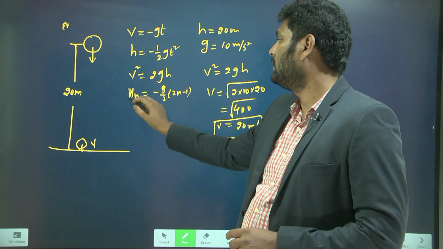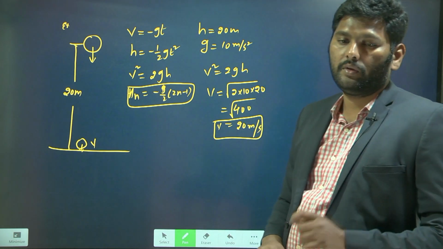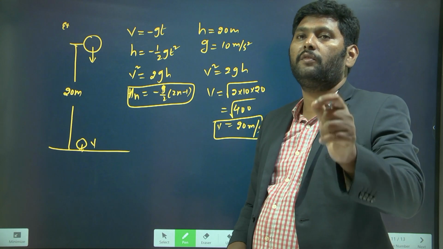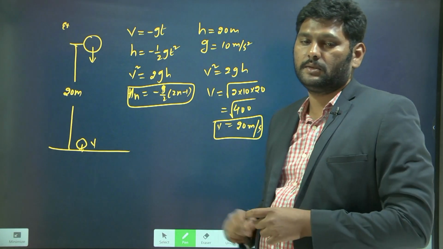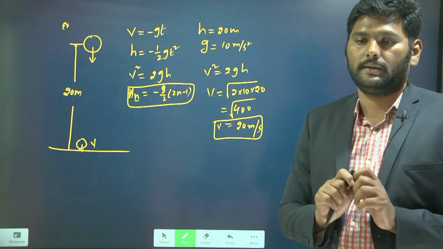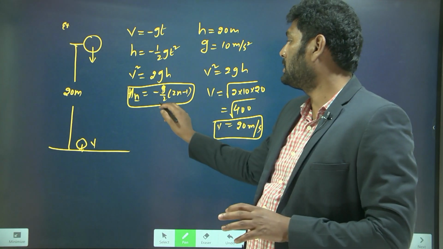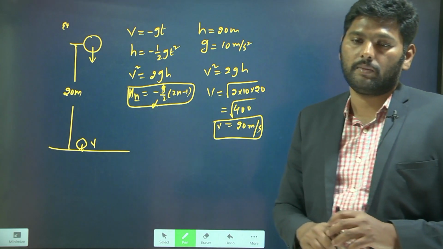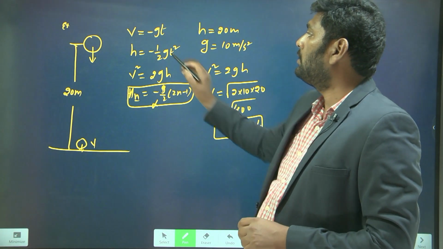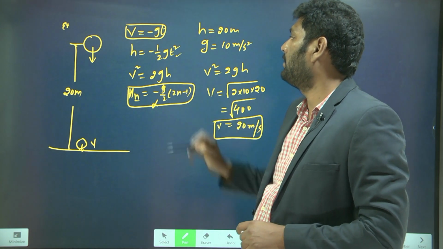Can you tell me how this fourth equation is helping you? What is my question? My question is the time taken for traveling this distance. Here actually this n is not time, this is nth second. So this formula is not helping you to solve the problem. Which formula is helping you? You can use either the first equation or the second equation.